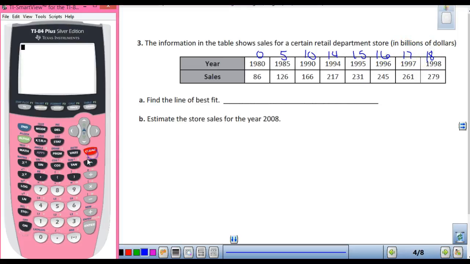All right, so go back to your stat and hit enter. We're going to clear these out, right? So go up and hit clear and enter, and that'll clear it out. Over to your L1, go up and clear and enter. Then you can start entering it in: 0, 5,